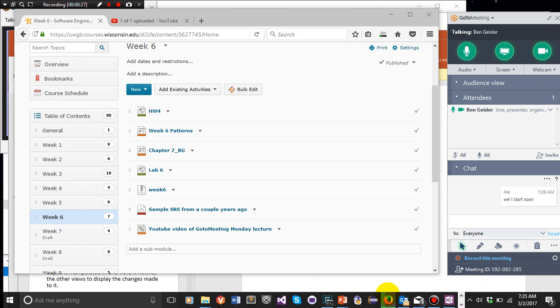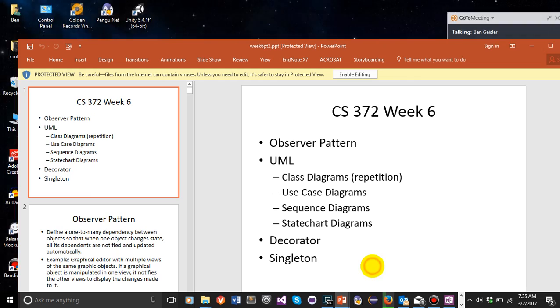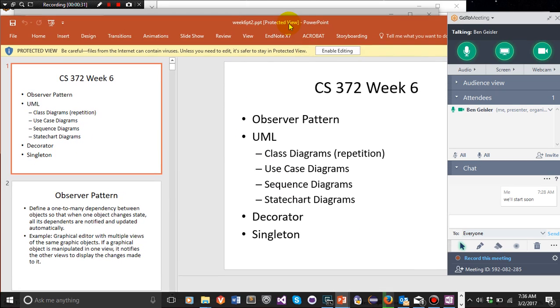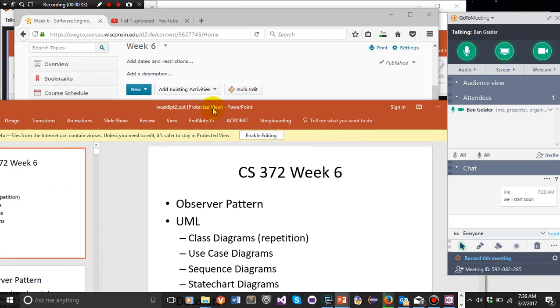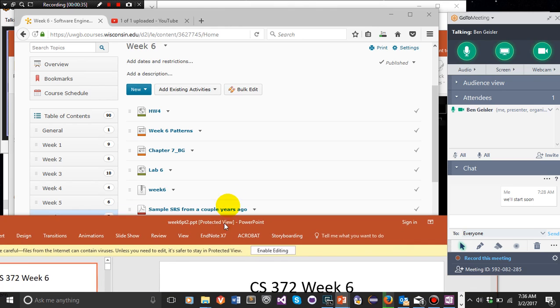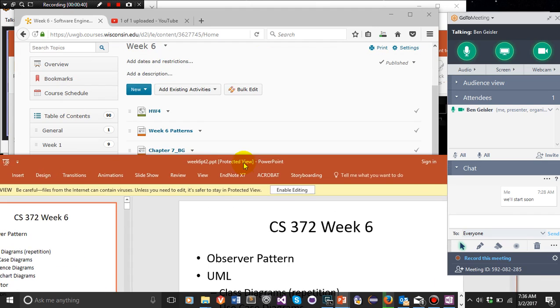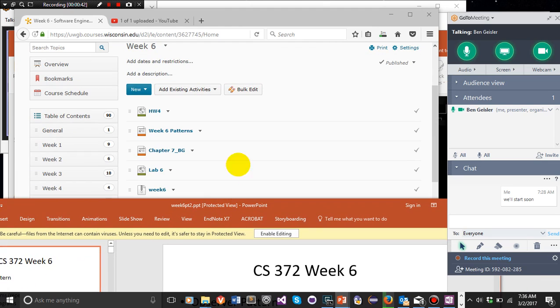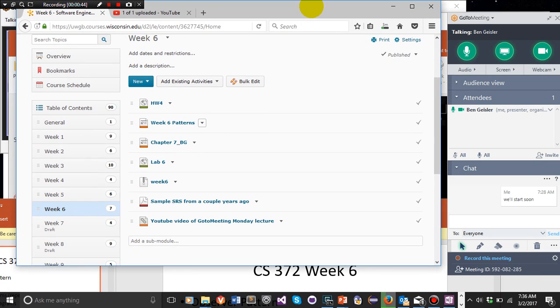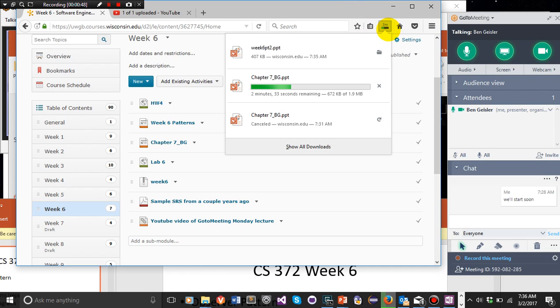Where the heck did my thing go? Okay, here we go. Yeah, so it looks like we need to do UML, Decorator, Singleton. We covered Singleton already. And UML, I know you've had that in other courses, so I'm not planning on covering